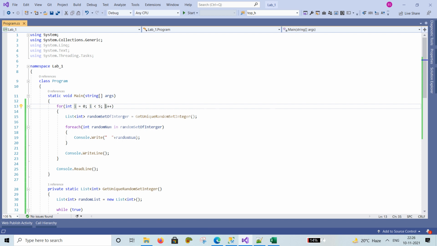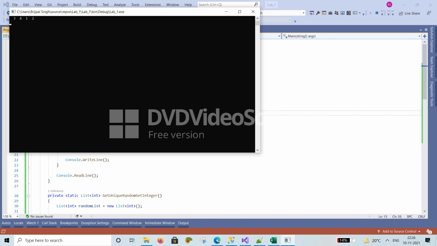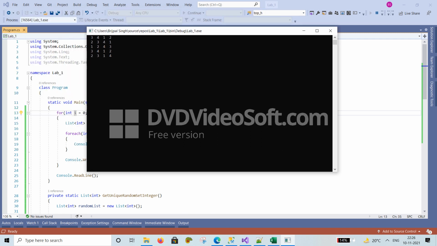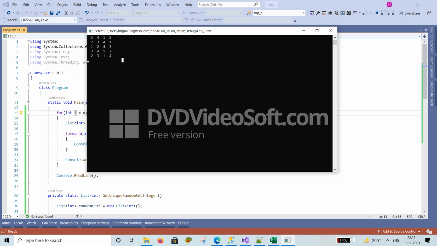So here are the 5 random sets of 4 integers. It always returns random numbers in different positions or the same. It is called the randomization of 4 integers. This is the way of generating a unique random set of integer numbers.